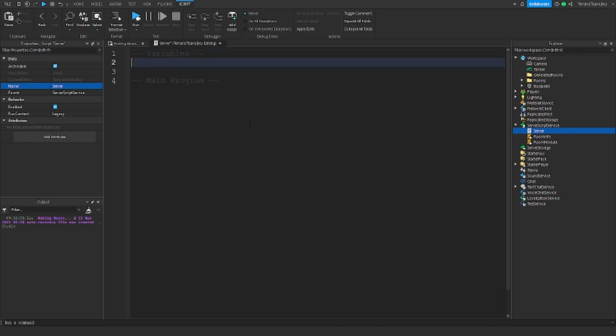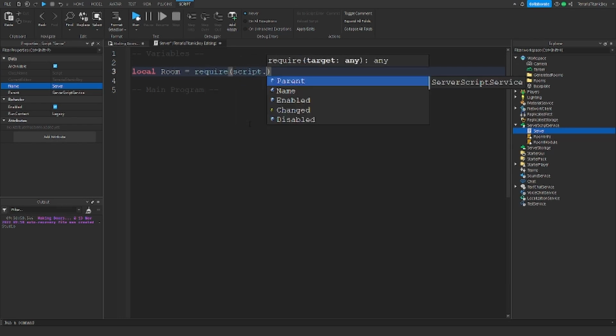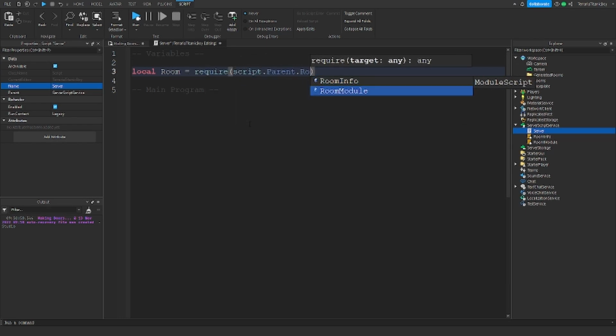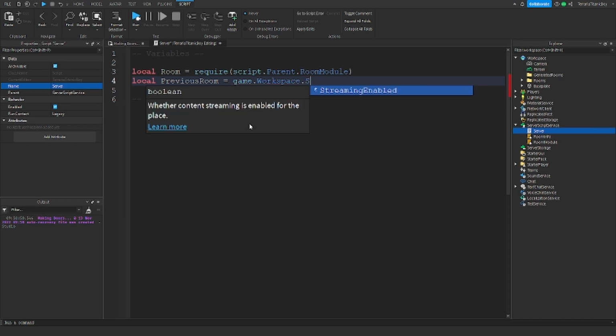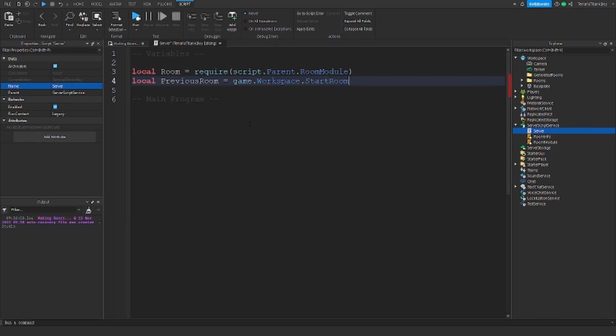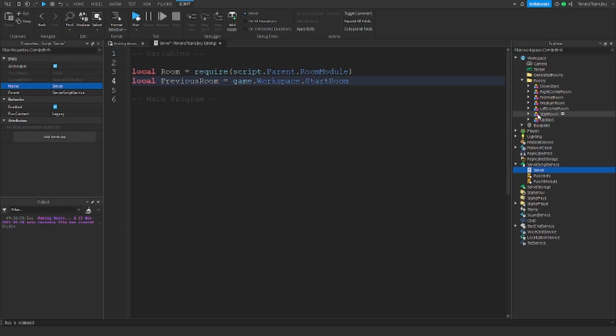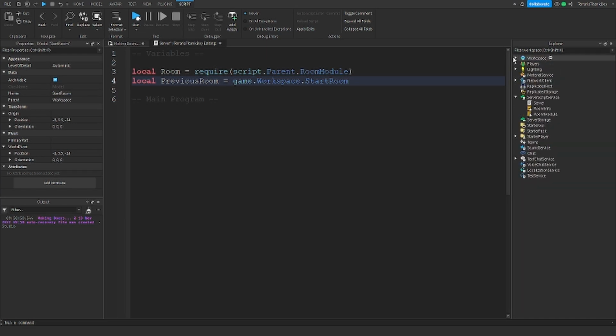And so here we're going to get the variables and the main program. And so the variables, we're going to have local room. This is going to be equal to require script.parent.room module. And then local previous room is going to be equal to game.workspace and then .start room. So do not put it in rooms, because otherwise it will consider it as an option to be generated, which we do not want. So now for I equals 1, and now out of 100, because we want 100 rooms,